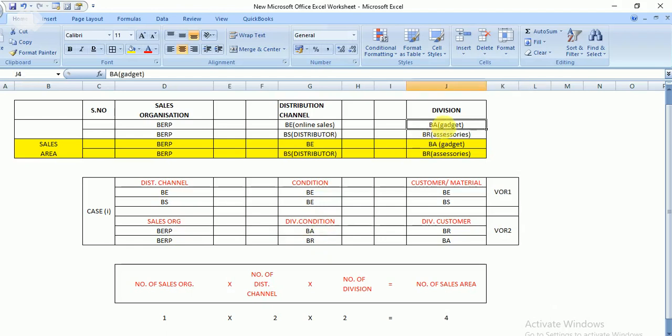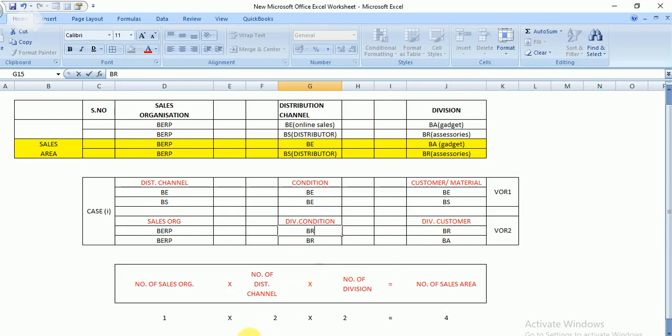I should make this gadget division common, or else we can also make this accessory BR common. Let me change this, BR as a common division, because I want to make online sales for these accessories BR. So I have changed my division as BR.